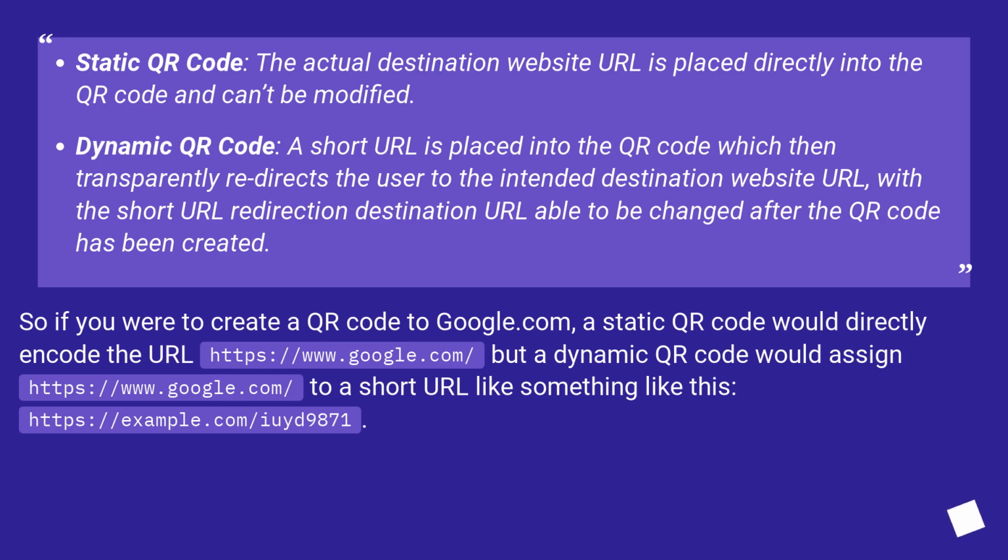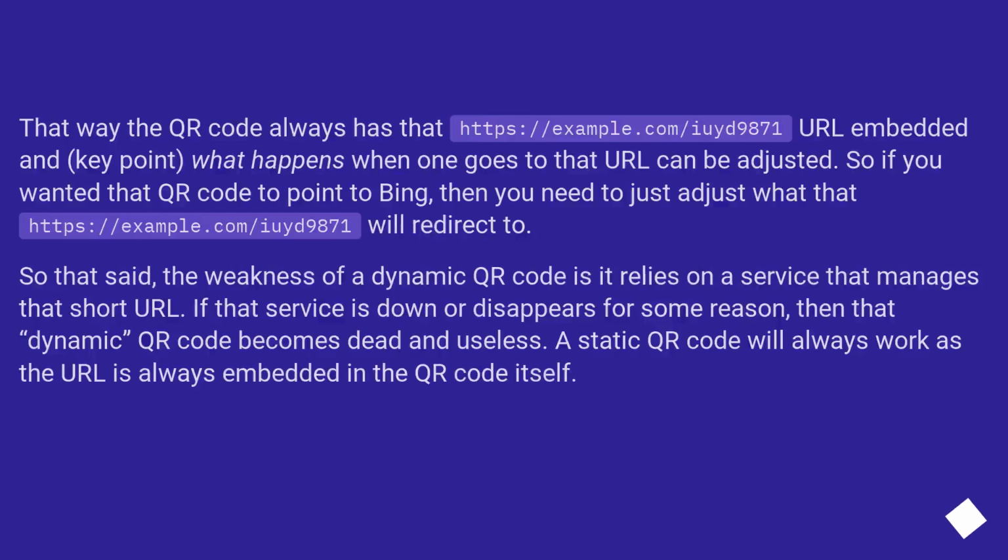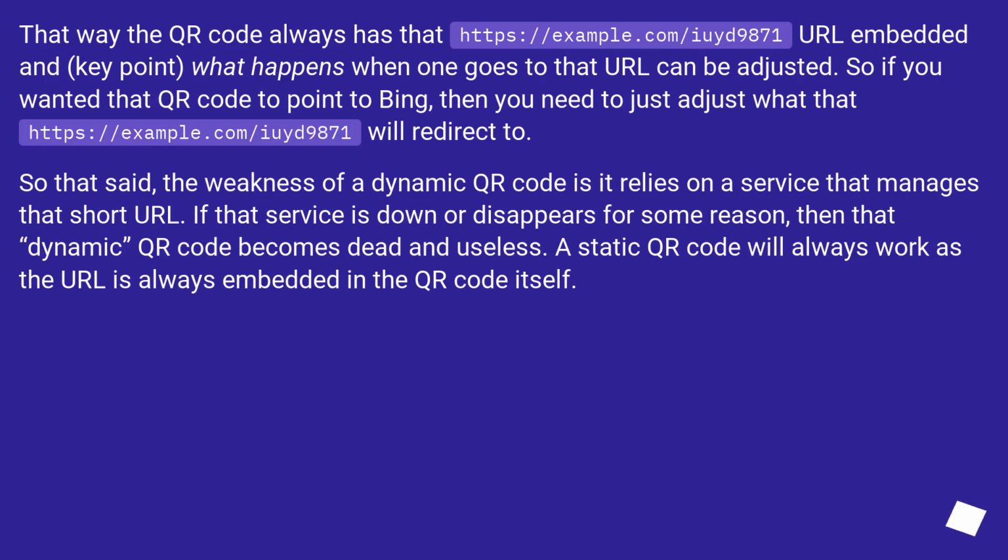https://www.google.com/, but a dynamic QR code would assign https://www.google.com/ to a short URL like something like this, https://example.com/9871. That way the QR code always has that https://example.com/9871 URL embedded and, key point, what happens when one goes to that URL can be adjusted. So if you wanted that QR code to point to Bing, then you need to just adjust what that